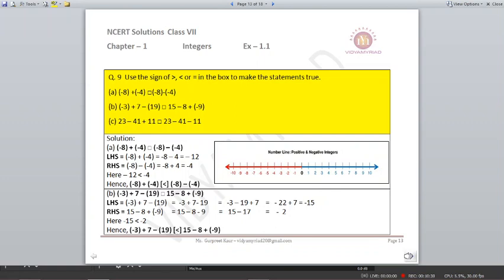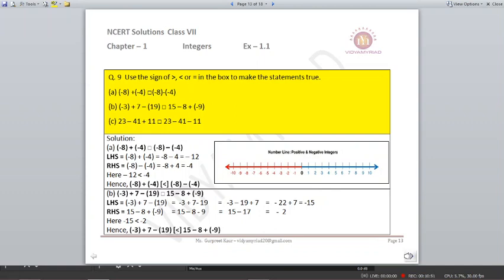As we go further, that number will be the bigger or greater number. The number which is closer to 0 will be the smaller number. This is the rule in the case of positive numbers, or when we move towards the right side of the number line. Now the opposite case applies.